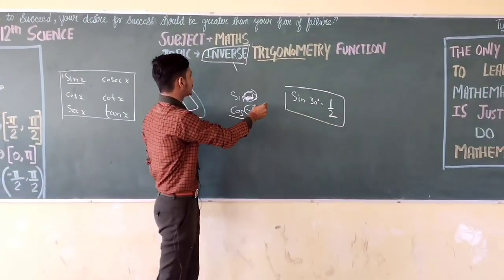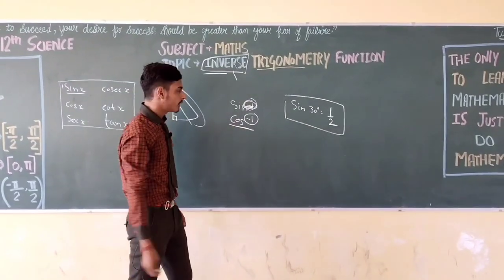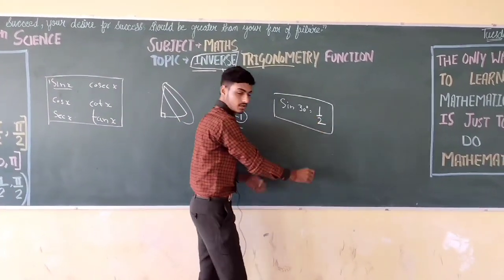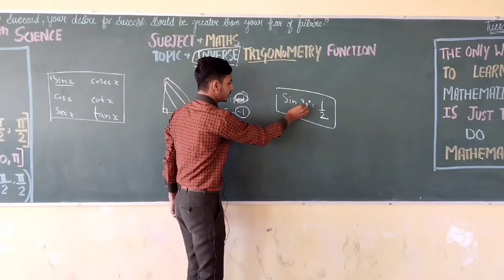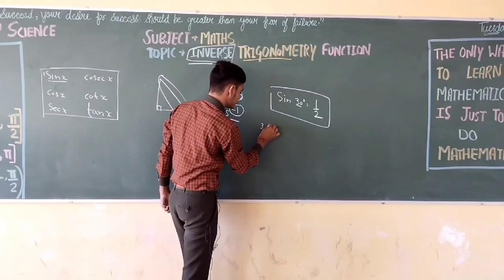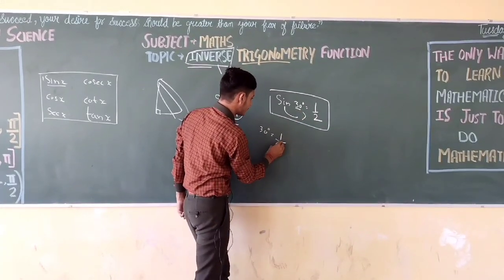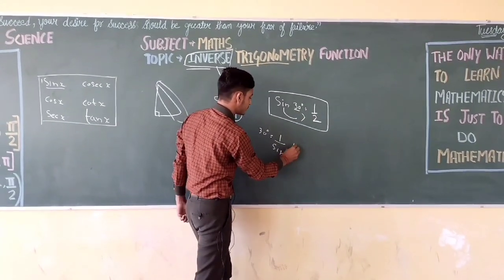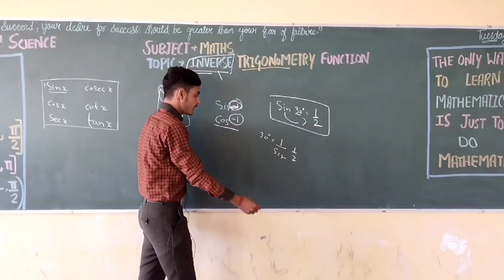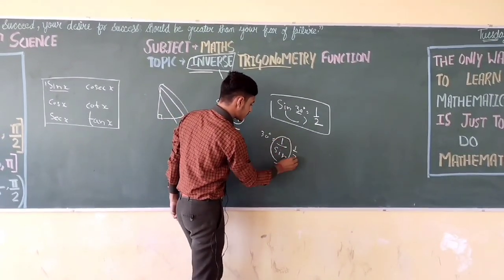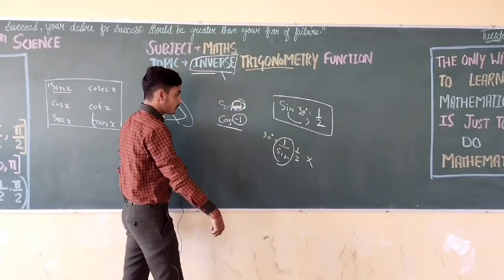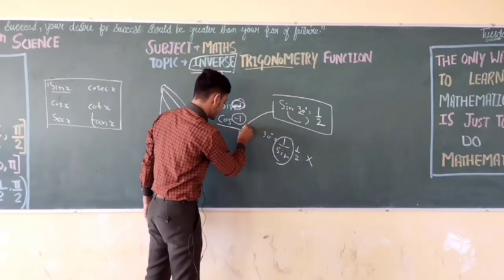What we have to do to convert it in inverse? We have done all simple formulas. We write here 30 degree. We put it there. It converted into 1 upon sine, and it is 1 by 2. But this step is always wrong. We have to change it into this step.